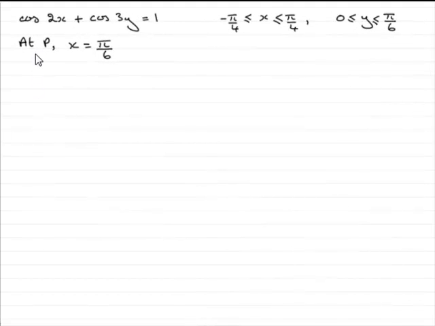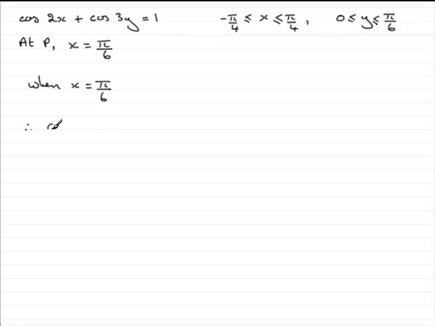Now we're told then that at P, x equals pi upon 6 on this curve C here, and we're asked to find the value of y. So all we've got to do then is just substitute x equals pi upon 6 into this equation. So we'll start off by saying, when x equals pi upon 6, substitute it into this equation, and